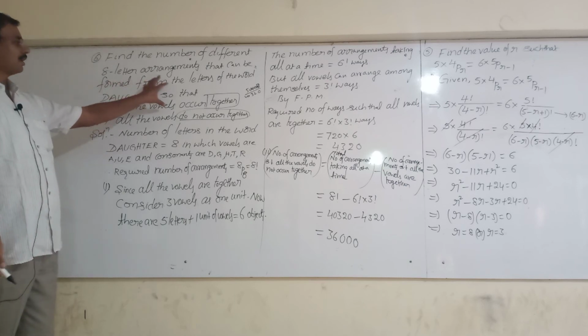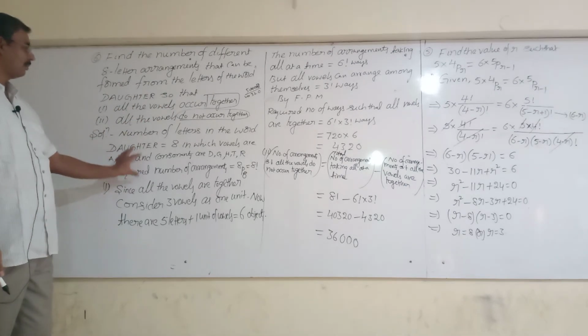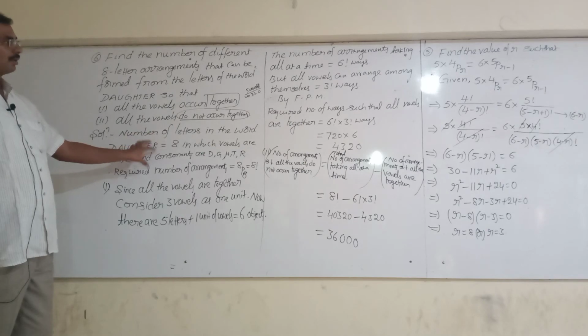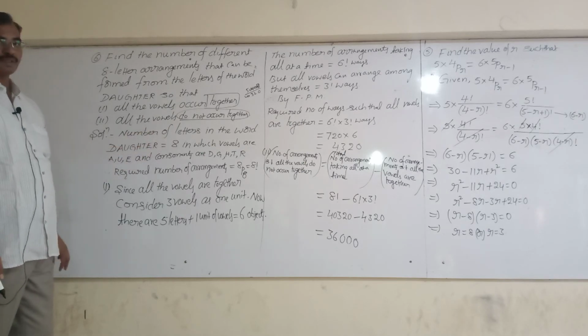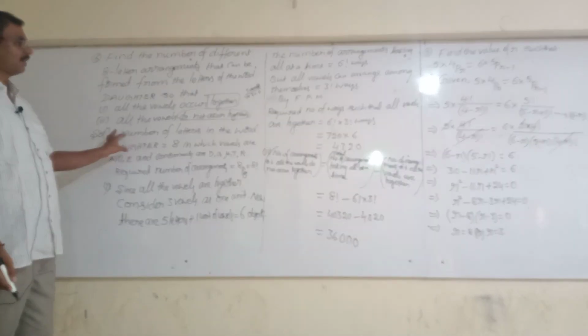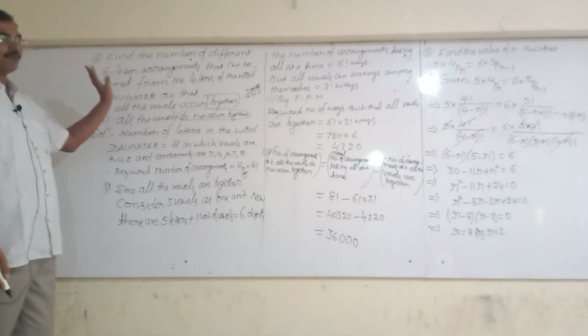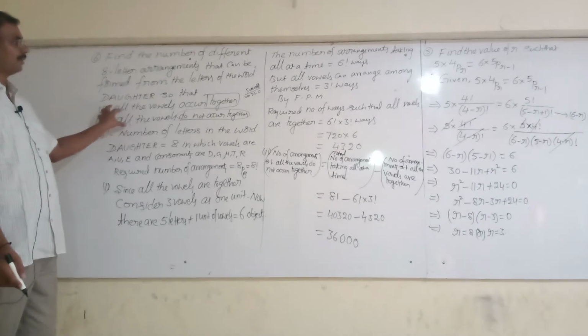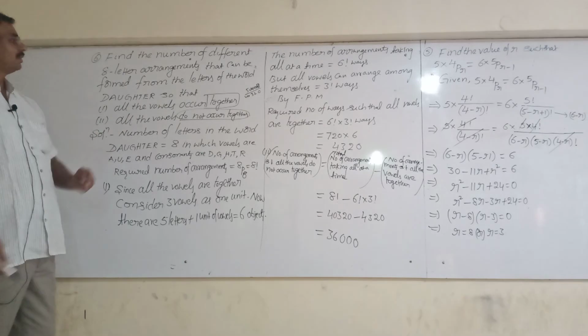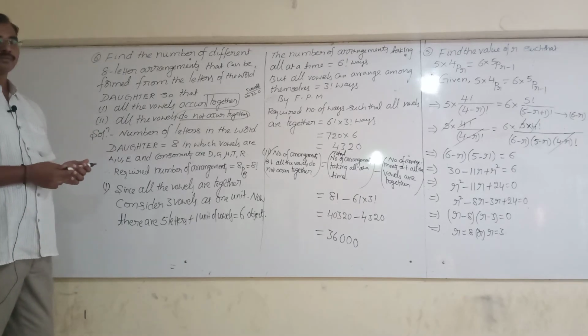So vowels occurring together is a very easy model but important. Tomorrow in class we will also complete one more question here. That is very important. There is an independence problem. After completion of that, I will give the exercise problems. Okay.